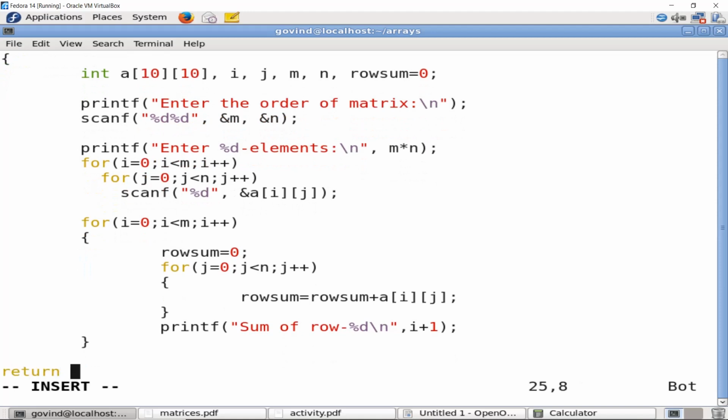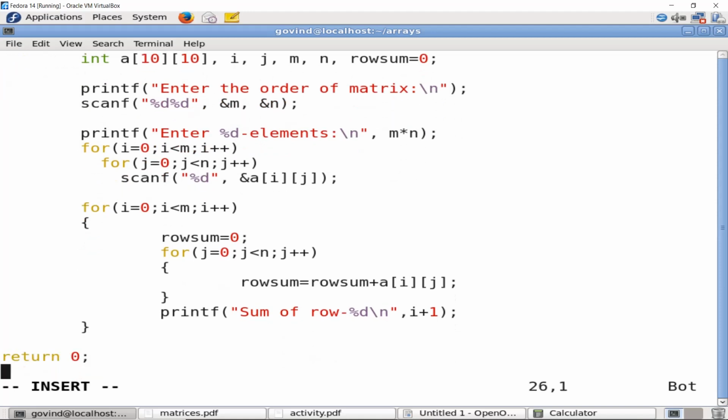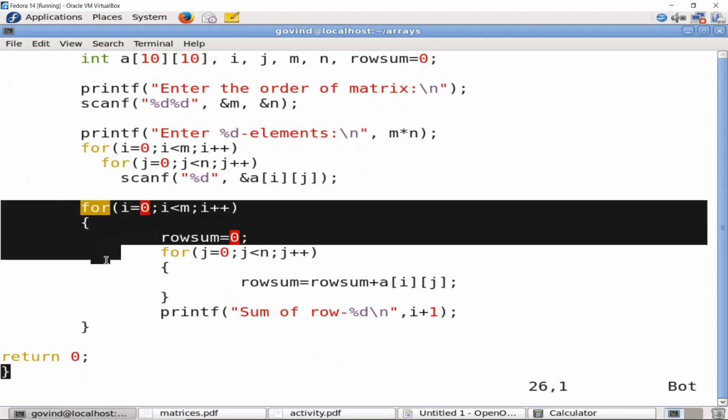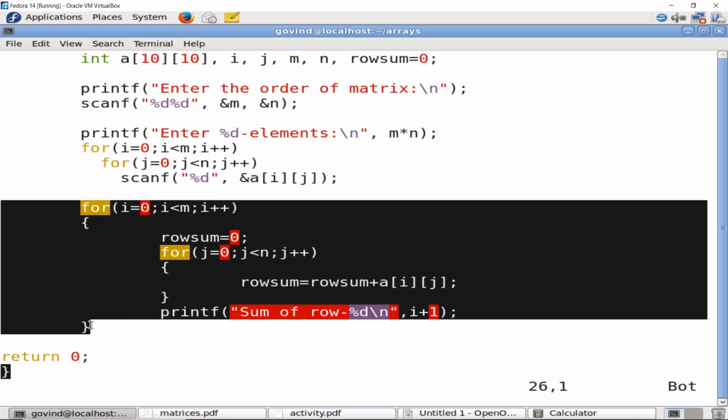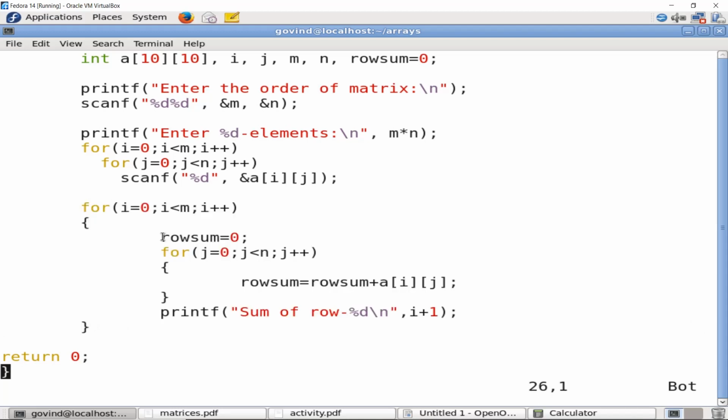This is the program. Let us see whether this produces the correct output or not. So here, this is the logic which computes the row sum. I will initialize the row sum variable to 0. Each iteration of the innermost loop executes each column of that particular row. So I am interested in finding the sum, so I will keep on adding to the row sum value, so that in the next row the row sum again starts with 0.